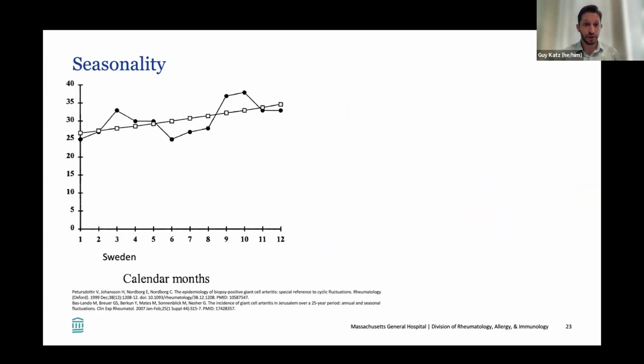Moving on to seasonal changes. So these are two studies in giant cell arteritis. The first is in Sweden. And here in the straight line is the expected amount of GCA cases that would be if there were no seasonal changes at all, if all of the months were about the same risk of developing GCA. And here you can see that in March, September, and October, the amount of cases was higher than was expected based on the line, indicating that there were more cases that were identified around then.